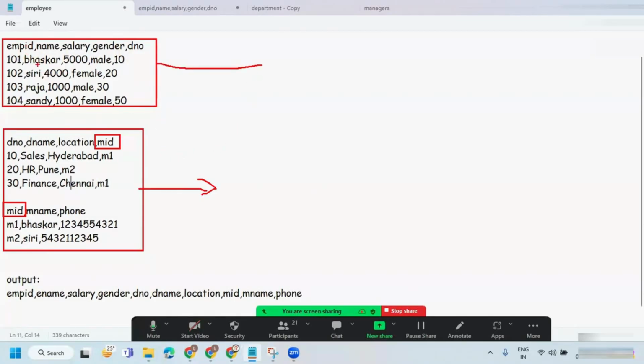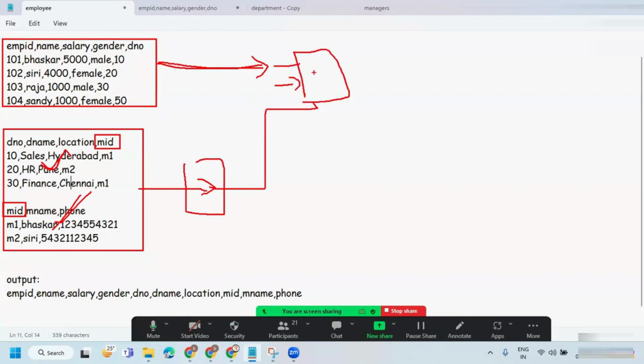Because there will be more employees, right? If you join directly with more, then it takes more time. These two tables will have fewer records. So join these two tables first, and then take this join and combine with one more join here. So output will go like this.